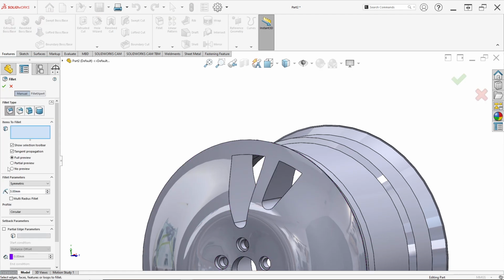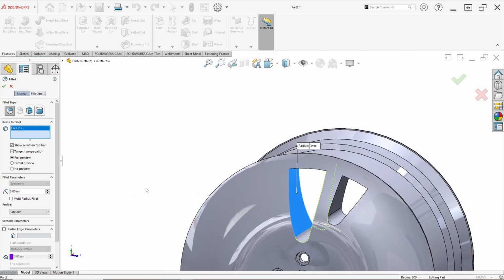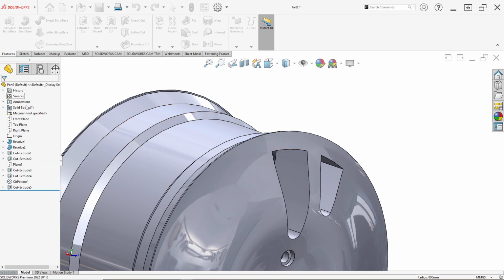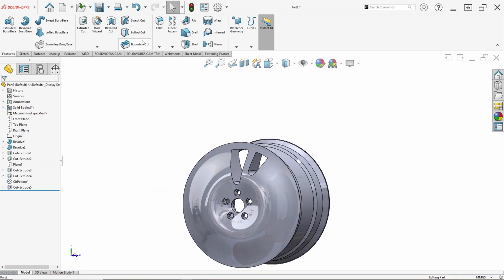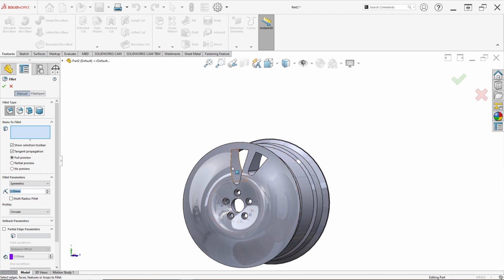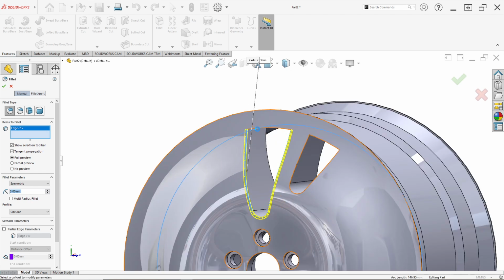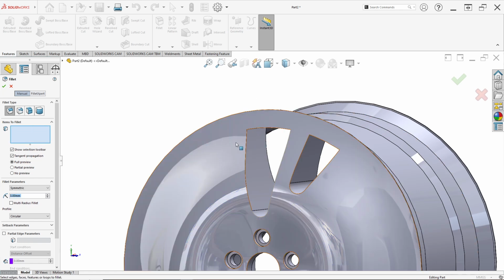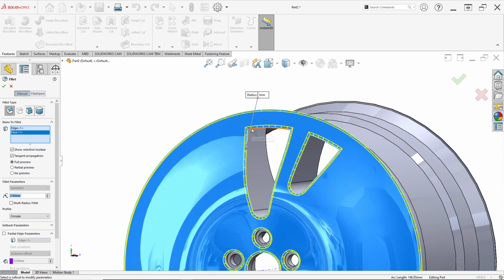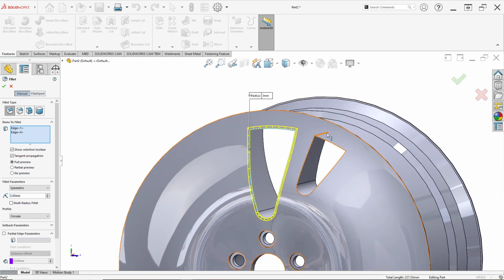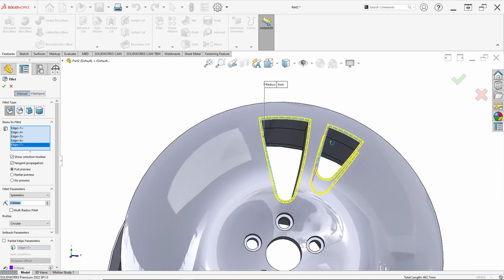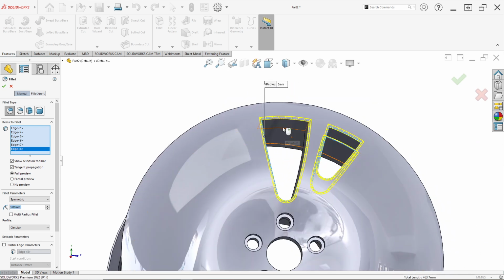Fillet parameter we can change in 3. Click this face. Later, click this face. Sorry. We can edit in here the fillet for 3 millimeter. Sorry, this edge. Sorry, can clear selection. This edge and this edge. Click this edge and this edge, this edge and this edge, and click this edge.